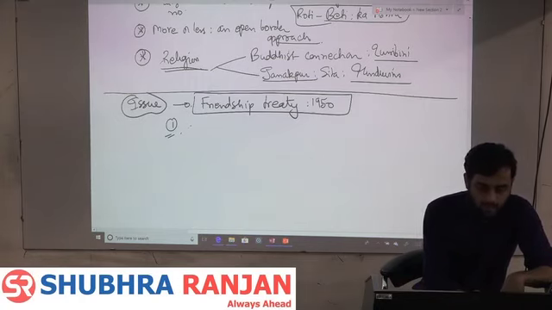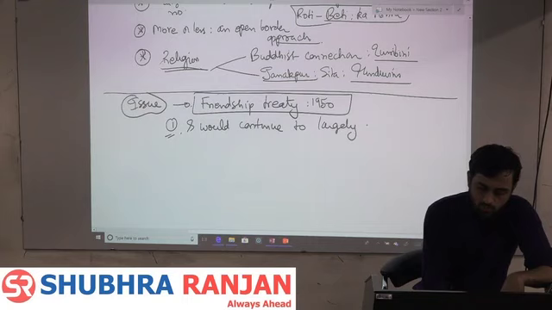The point was that India and Nepal would be friends with each other and would continue to largely uphold what? An open border approach with each other